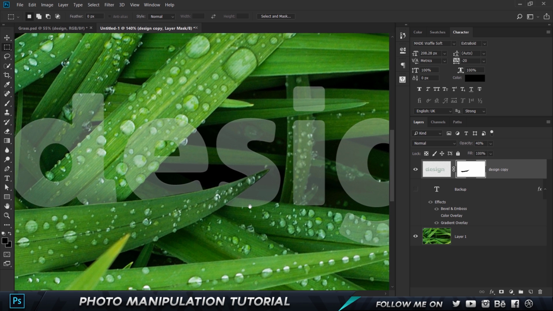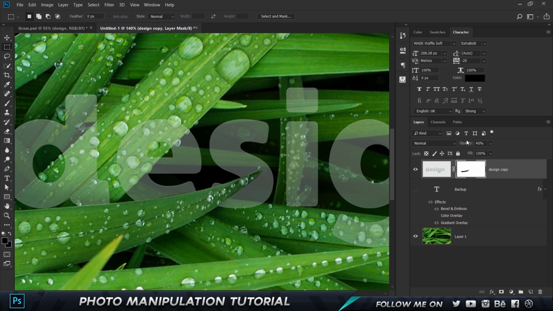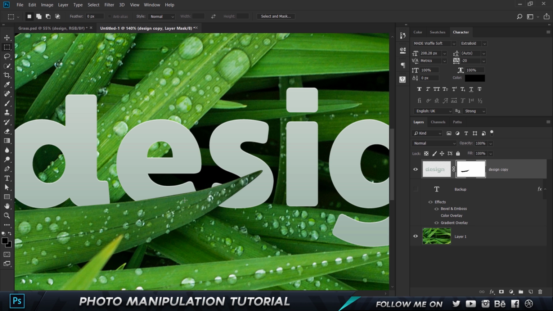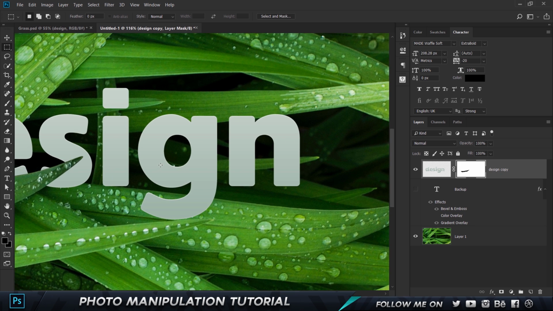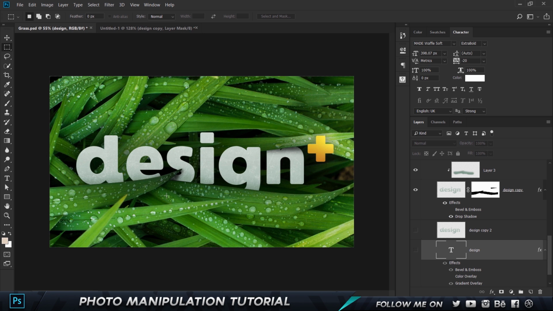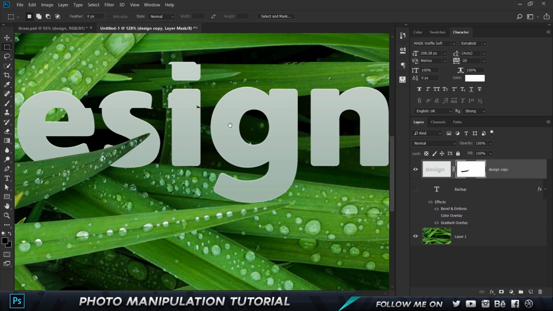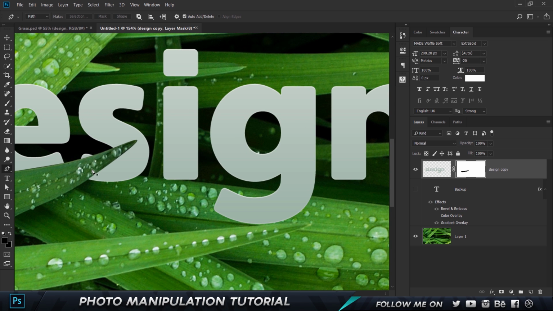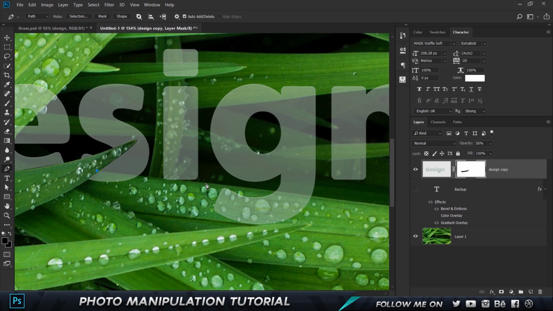And then as you can see, we have this part kind of cut off. So if I set this back opacity to 100, you see it's kind of overlapping. All right, so let's kind of do the same thing. Let's see how I did it over here. All right, so this entire part is taken off. So I'm gonna press P on my keyboard. Let's reduce the opacity of this to 50 again. Let's come over here and